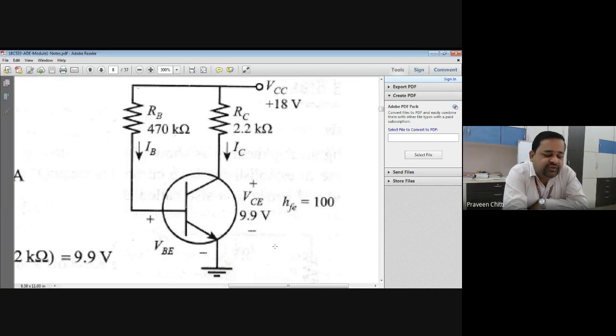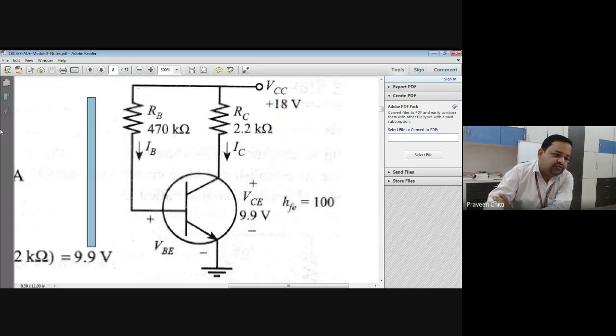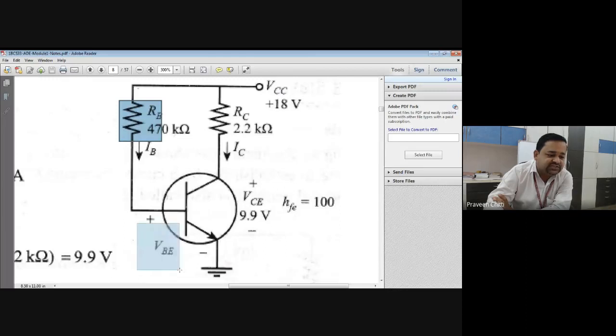Aditi, can you tell me what will be the KVL equation for the input side? When you are applying KVL, see this VCC is connected here, no? Don't say that it is shown in the output side, so it is applicable only for this side. It is applicable for this side as well as this side. So you can apply KVL to the input or to the output. When you are applying KVL to the input, you have to consider this voltage equal to the voltage drop across this plus this voltage drop. And when you are considering the output side, this voltage equals the voltage drop across this plus this voltage. Is that clear?